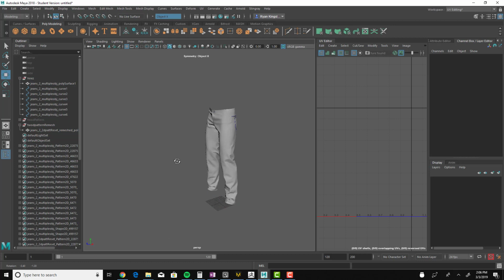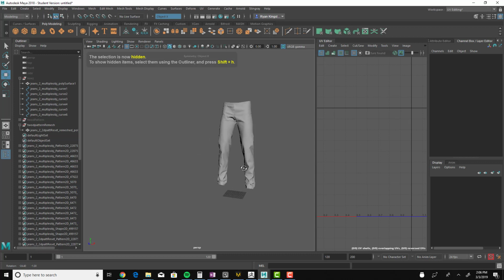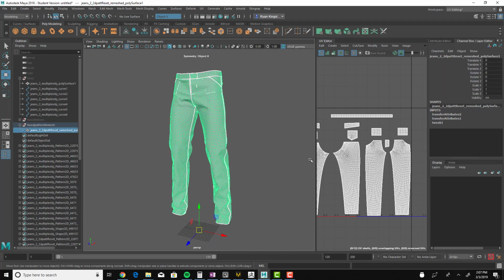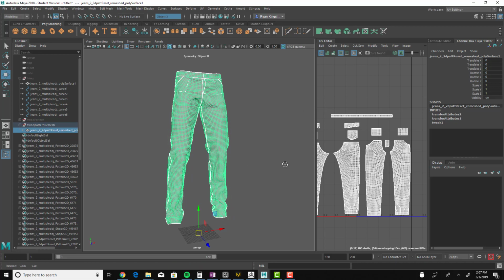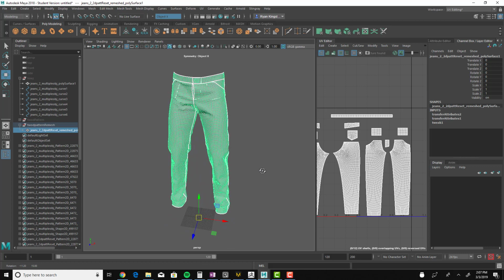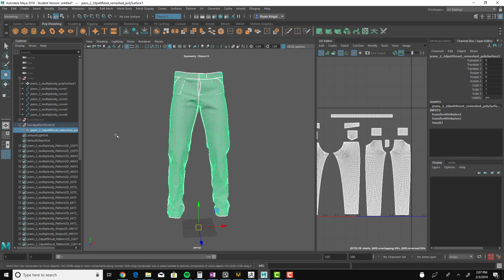And did it work? Let's hide the high res. There you go. And voila, there's my genes. Pretty cool, huh? Let's just frame that. It got the UVs, I got this stuff all lined up, and it all works within that world space, which is just awesome. So if we wanted to get this immediately into the program,